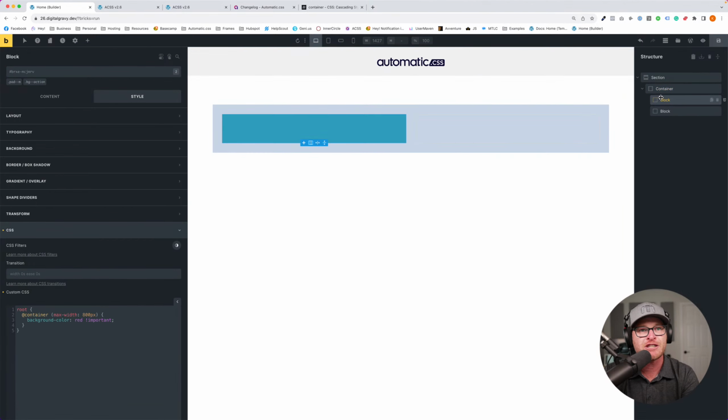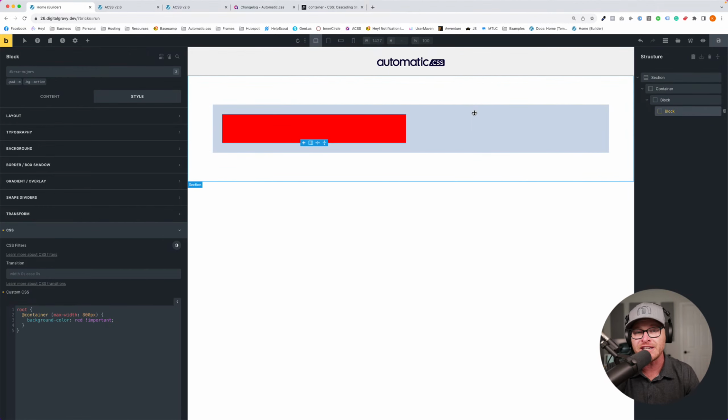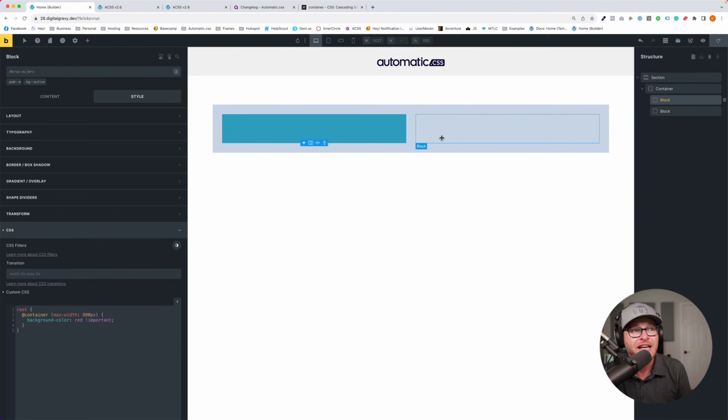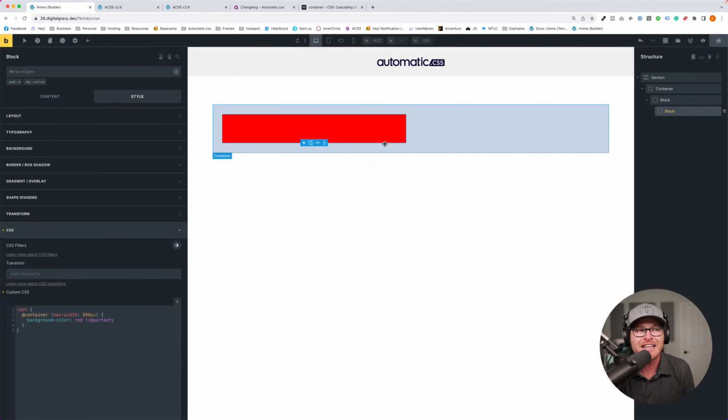And the only difference, notice that when I take it out of its parent that's inside of this grid, it doesn't respect the container query. That's because in a grid, it needs a wrapper effectively to look at the size of. Right here, its parent is the entire container, and the size of the entire container is not the size of the cell that I'm putting it in. So I need something to represent the cell. Then when I put it in the cell, it can look at the actual cell and say, oh, you're not that wide, and then it changes its styles. So when you're building grids, you need your things to be in wrappers.